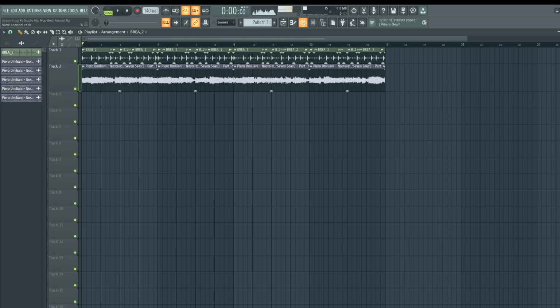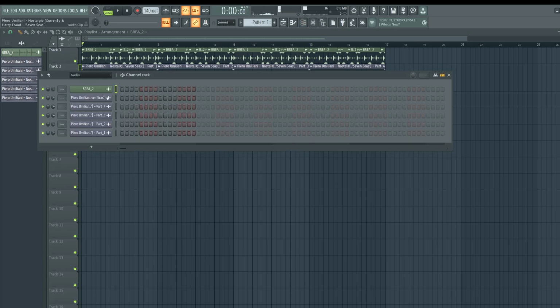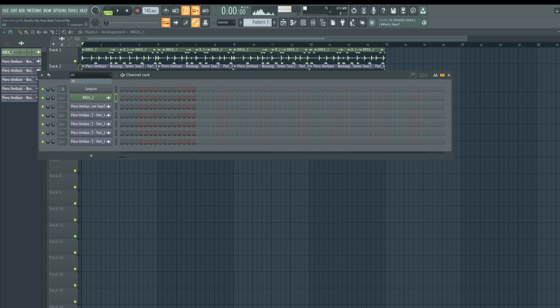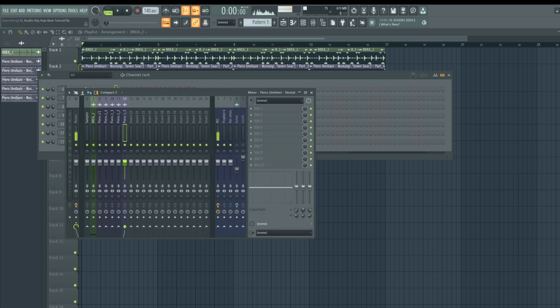We need to separate the sounds in the mixer so that if we ever export these sounds, they will show up as multi-tracks and it'll be easier to organize. So let me show you guys a good habit. Click on your channel rack here. Switch this to all. Click here, go to all. Double click on this to highlight all these. Hit Control L. What this will do is route everything to the mixer and then auto name it. So now I can individually see each chop. We could do more stuff later, but let's actually do it now.